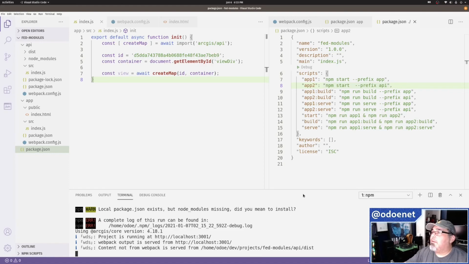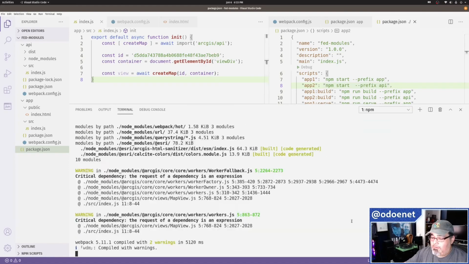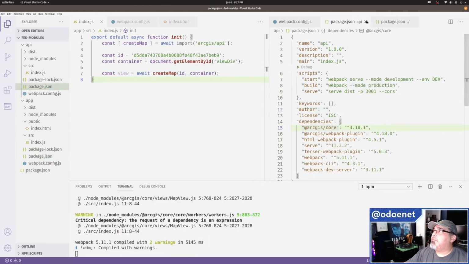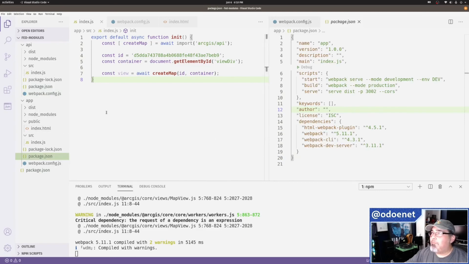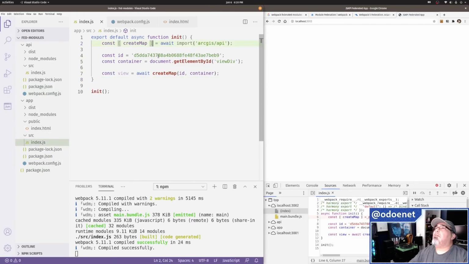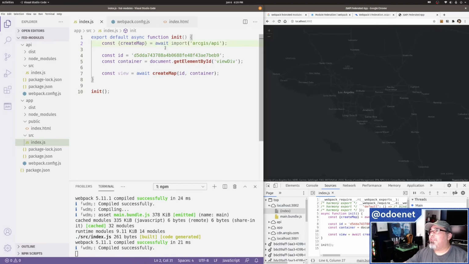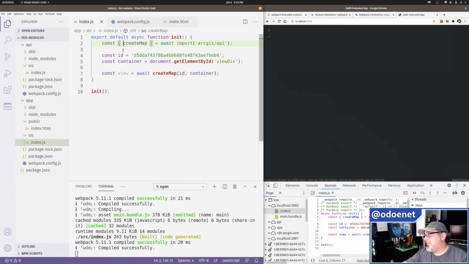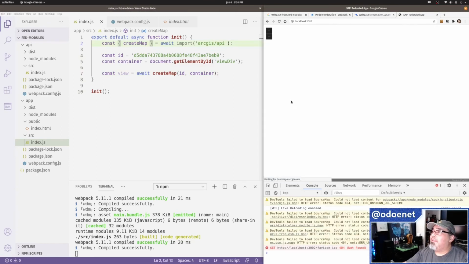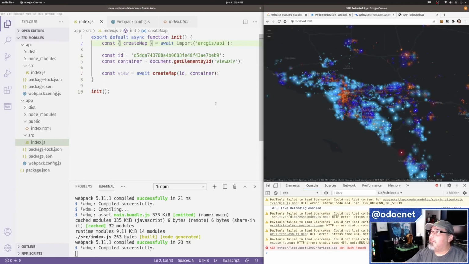Oh, something didn't work. Wait, what? That's a problem when you've got so many of these, trying to keep track of what's what. So, okay, this is the app, and the app is running on 3002. Oh, geez. Yeah, I'm sorry. I had just done those stupid promises from before, my bad. This should be object destructuring. Yeah, it is loading that create map function from my secondary app